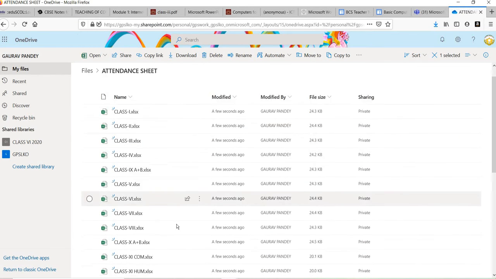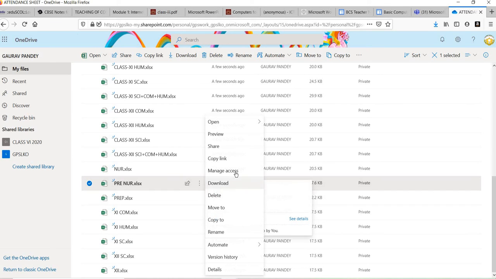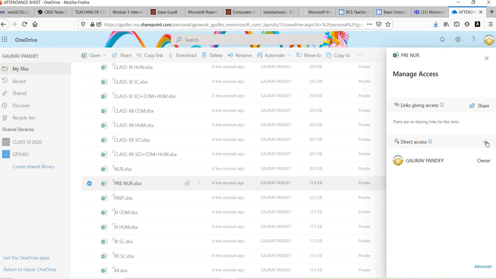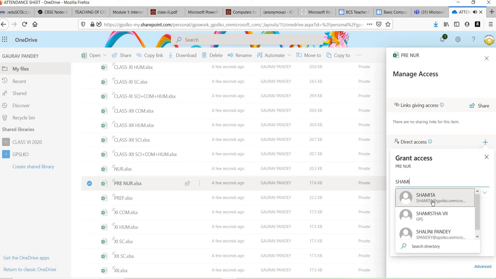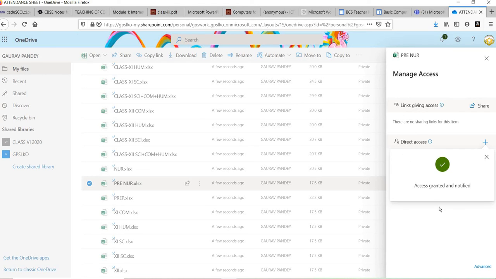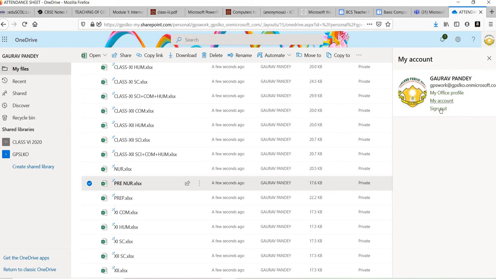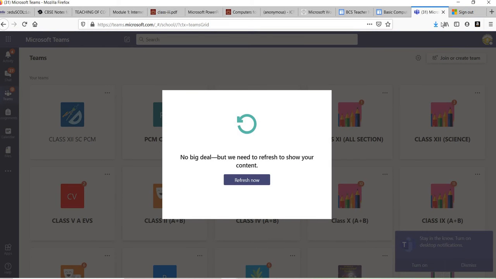Suppose I'm sharing any sheet, pre-nursery, manage access. You can also share with anyone, the same process. Shamita, grant access. Okay, I have given the access. Now you will sign out of this. If I sign out of my ID,